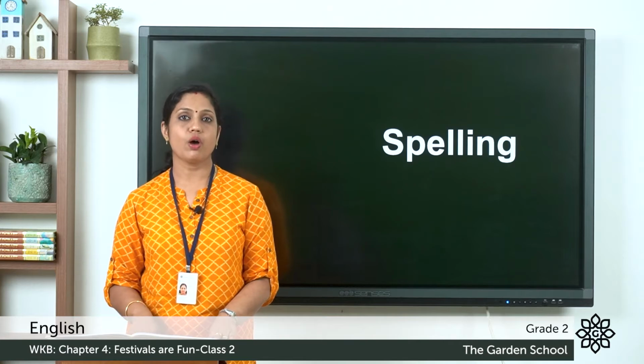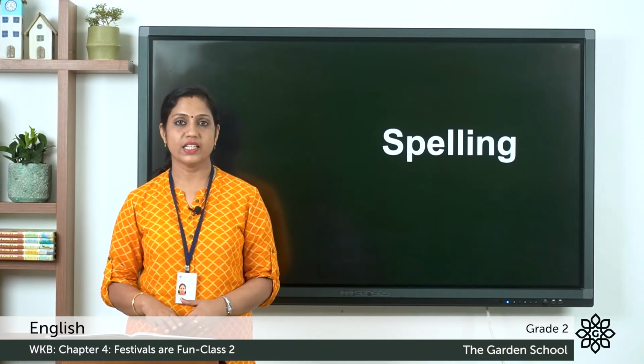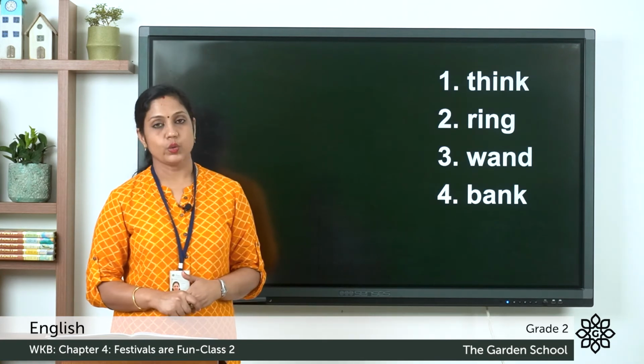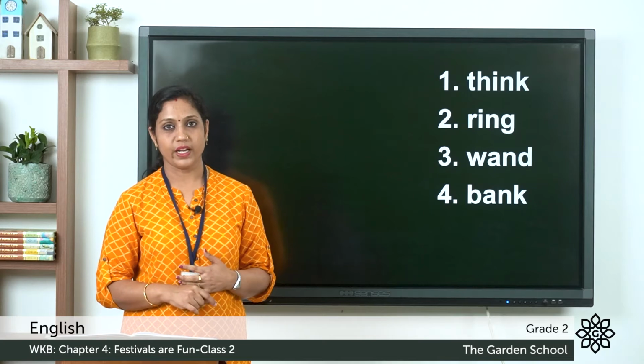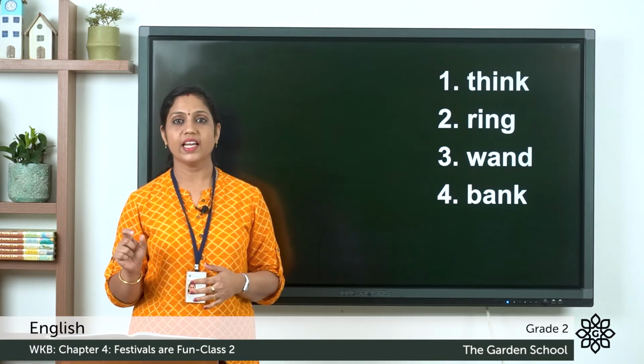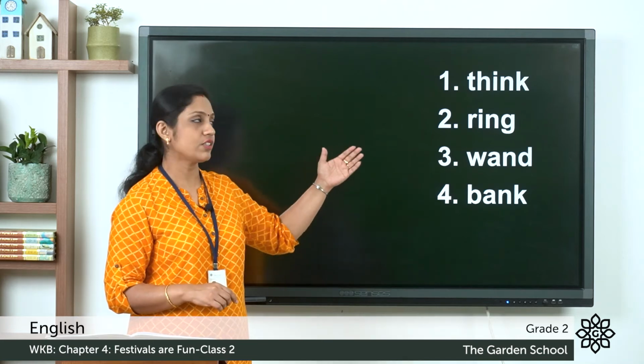Eighth one, frogs live here. And the first letter given is P. So now let's check the answers. The first one, you use your brain to do this. So you think with your brain, and that word ends with NK. Already the letter T has been given. You can write the rest of the letters there,